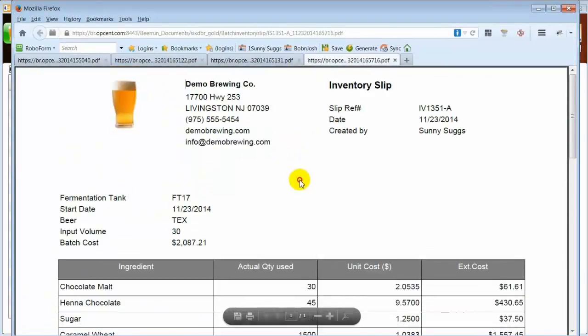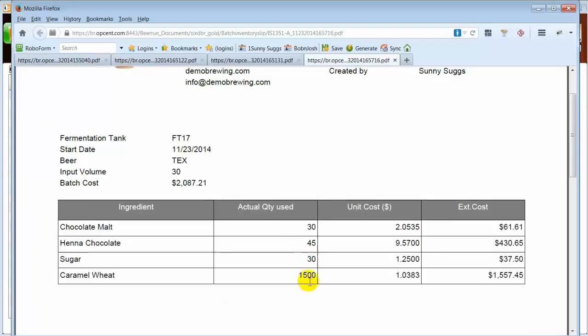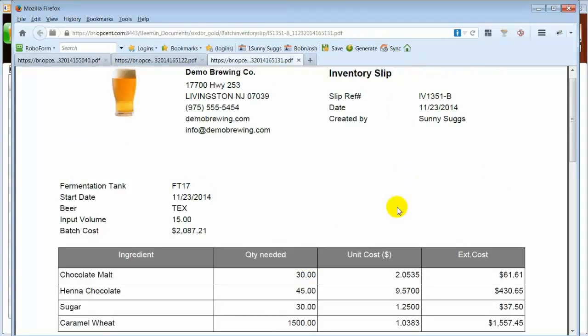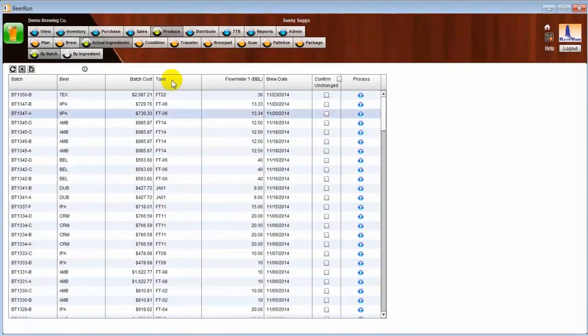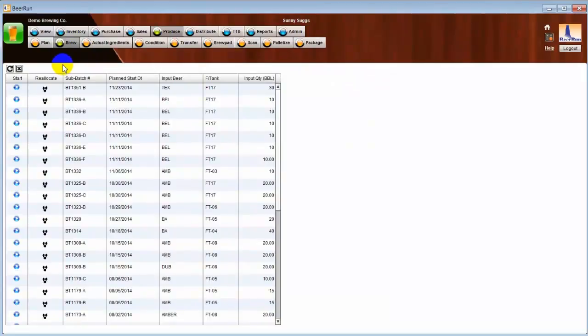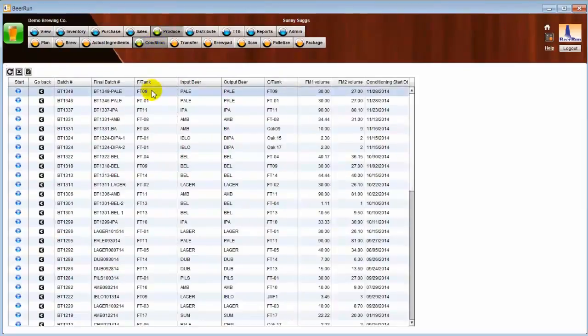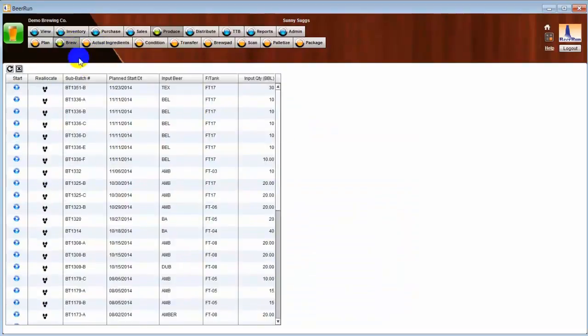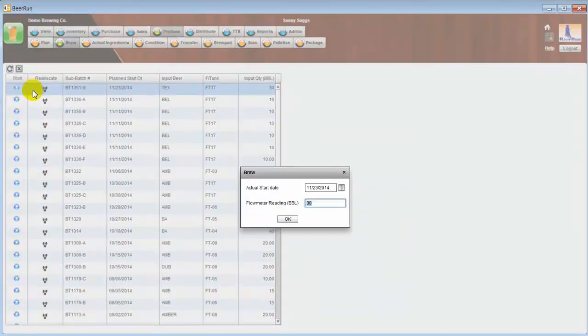And this shows a new inventory slip with the actual quantity used, and the cost and the extended cost. So let's go back to brew. If you notice here, in the next step in condition, our beer isn't here because it needs both sub batches to be able to start. So we'll come back to brew, click Start,